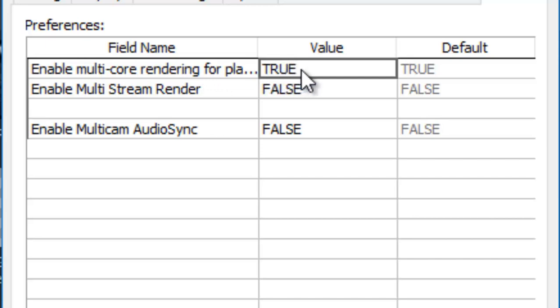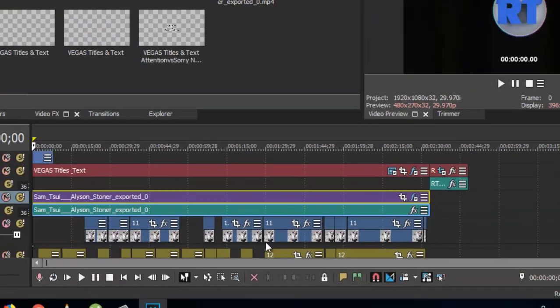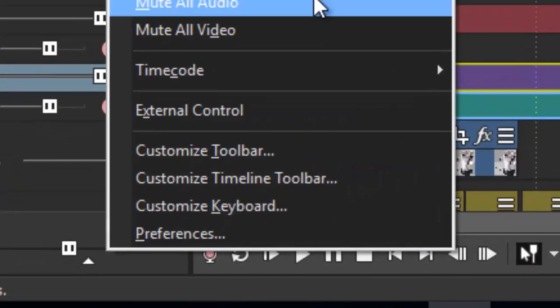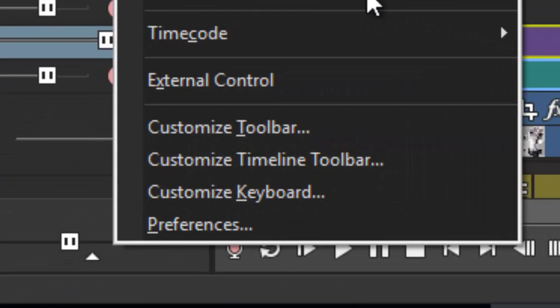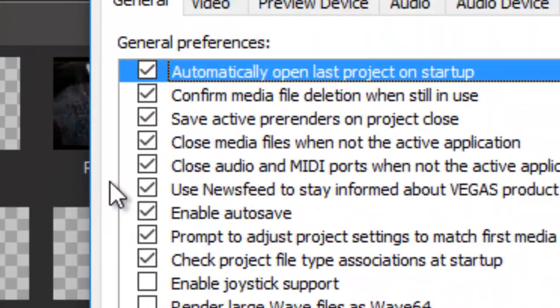It will be set on true, but you're going to set it to false. You just have to write it all in capital letters, and then click OK. Then again go to options, this time not holding Control and Shift, just clicking on preferences, and click on